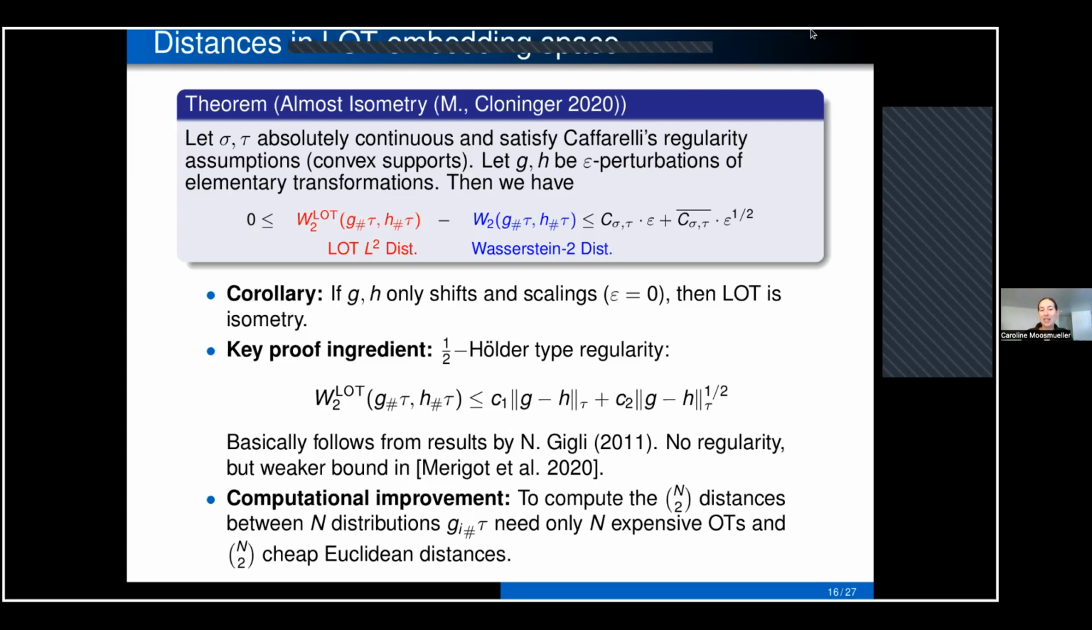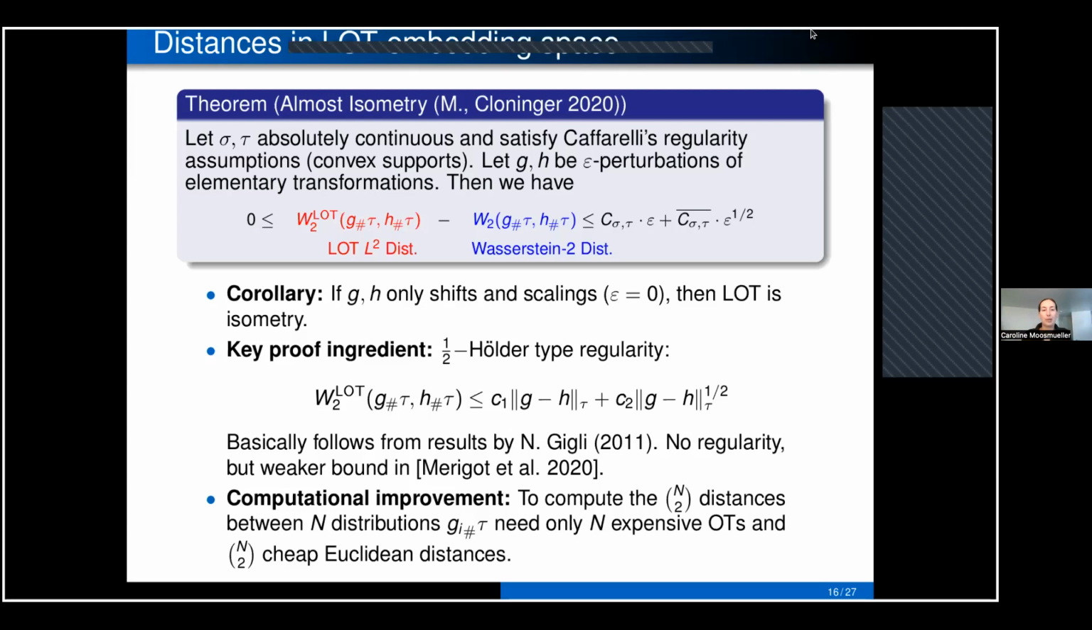What we can say about it is that the error you're making is basically epsilon to the 1/2. So it's a Hölder regularity in epsilon, where epsilon is the amount of perturbation allowed from being a perfect shift or a perfect scaling. So basically, if there is no perturbation, the error on the right-hand side is 0. So the Wasserstein distance equals the linear distance. In this very specific case, where the function space is just the elementary transformations without any error, these distances are actually the same. While if you have an error, what you should expect is epsilon to the 1/2 times some constants that mainly have to do with the choice of reference, the choice of original template, and the regularity